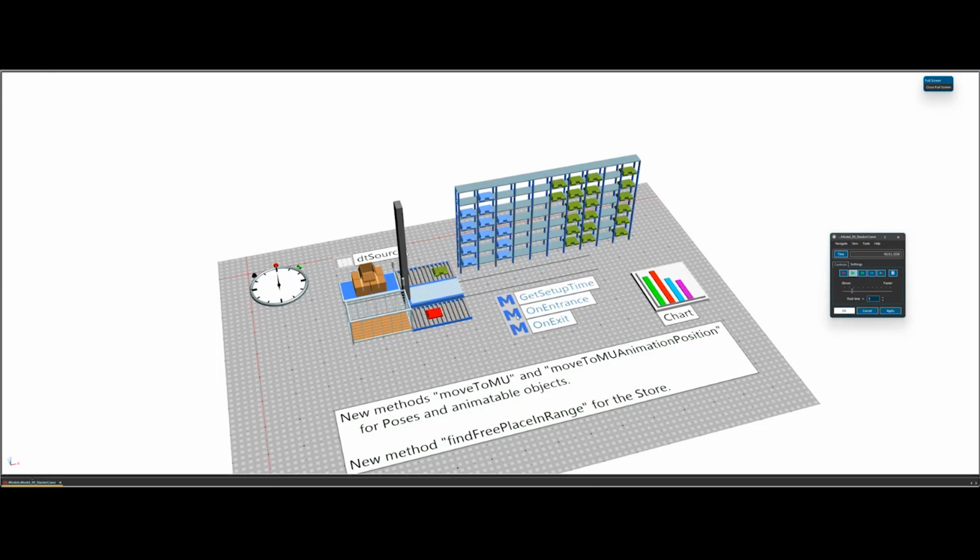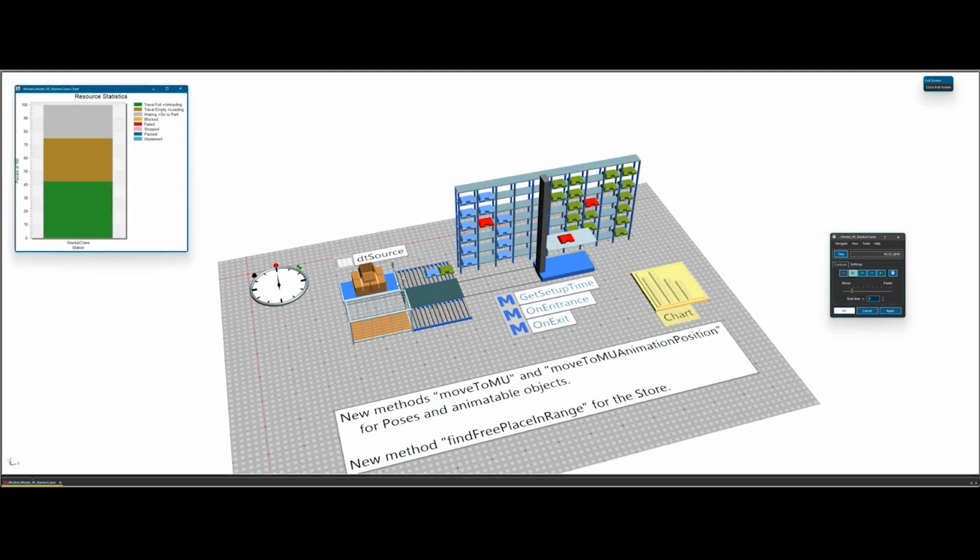If you're not that advanced with coding, probably these methods will look complicated to you. But if you've tried building your own stacker crane object in Plant Simulation, I believe you will find this to be quite neat and sleek code.